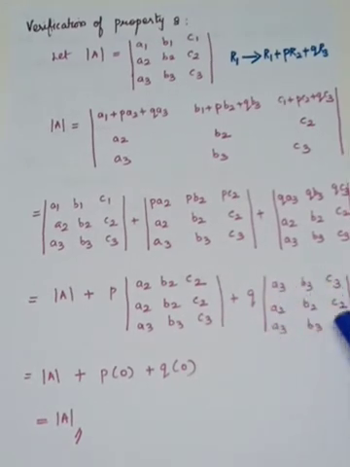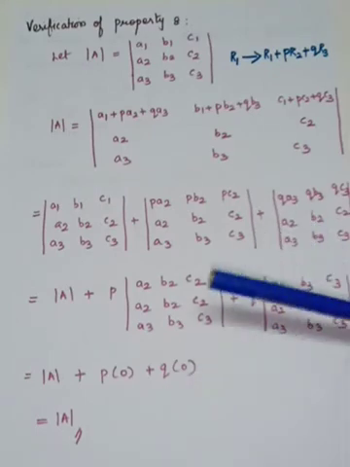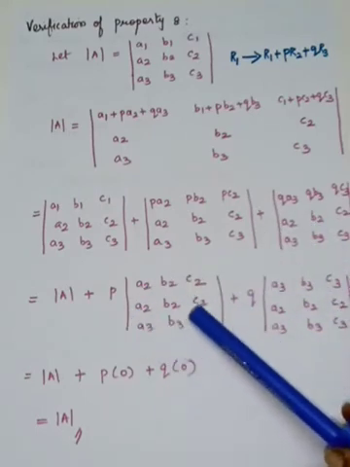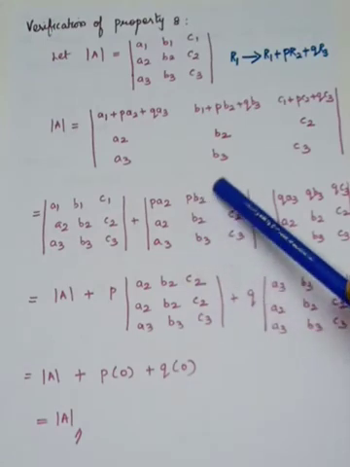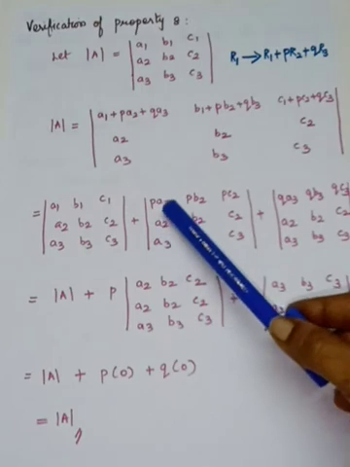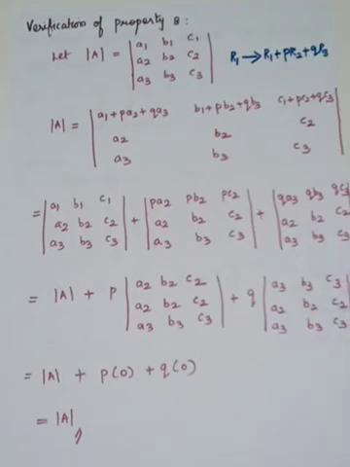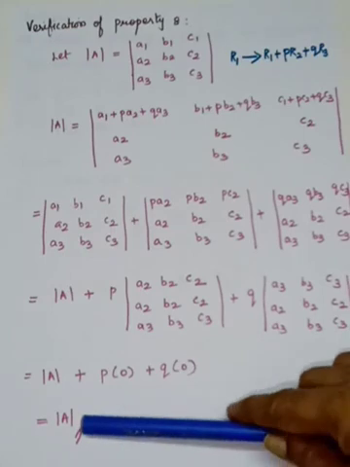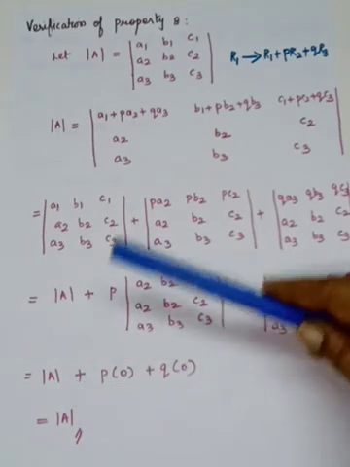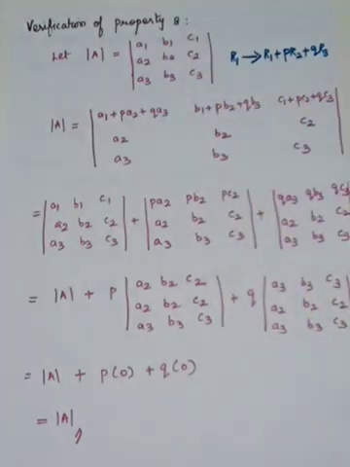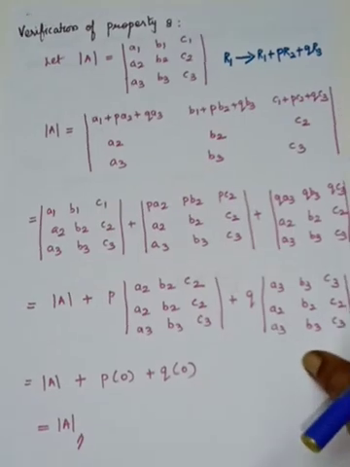R1 and R3 are identical. So the value of the determinant is 0. See that identical means the elements should be same. But here we can say they are proportional because this is a scalar multiple of this row, and here is a scalar multiple of this row. So therefore they are proportional, so the value of the determinant is equal to 0. Here also you will get the final answer, the value of the determinant. So if to each element of any one row, the equi-multiples of the corresponding entries of one or more rows are added or subtracted, the value of the determinant is not altered.